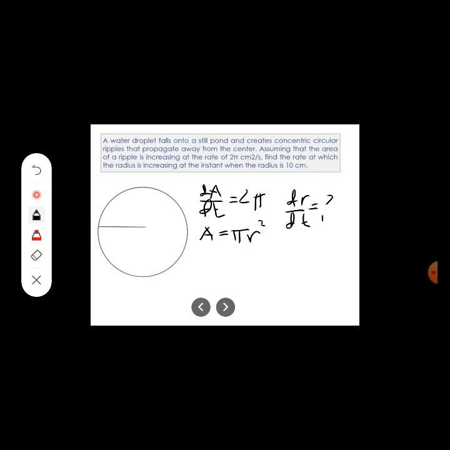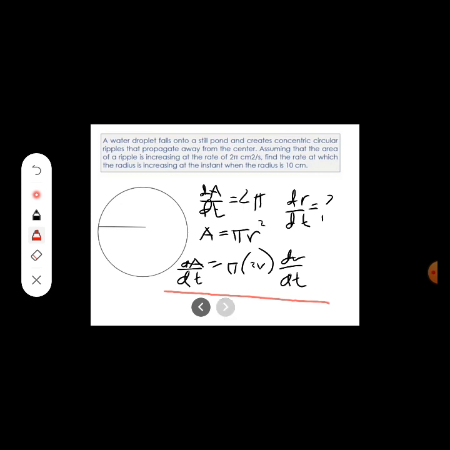So dA over dt equals π. The derivative of r squared is 2r, so 2r dr over dt. This will be our equation. After that, we're going to substitute the value of dA over dt and the value of r,